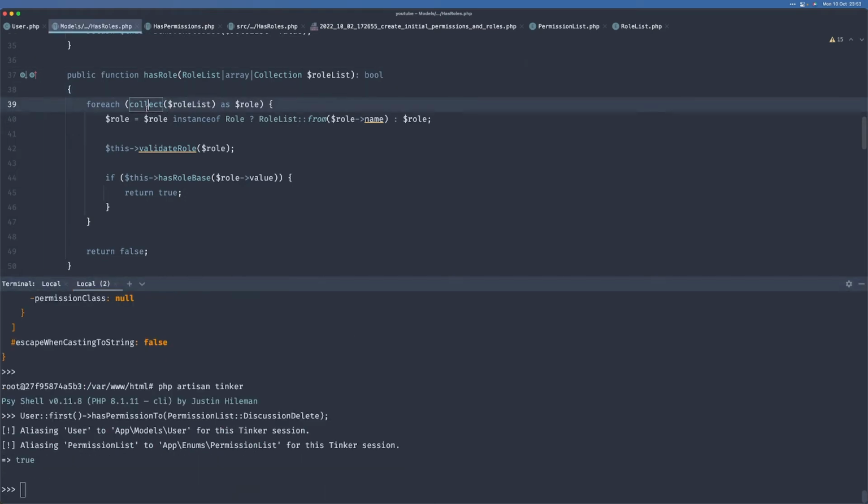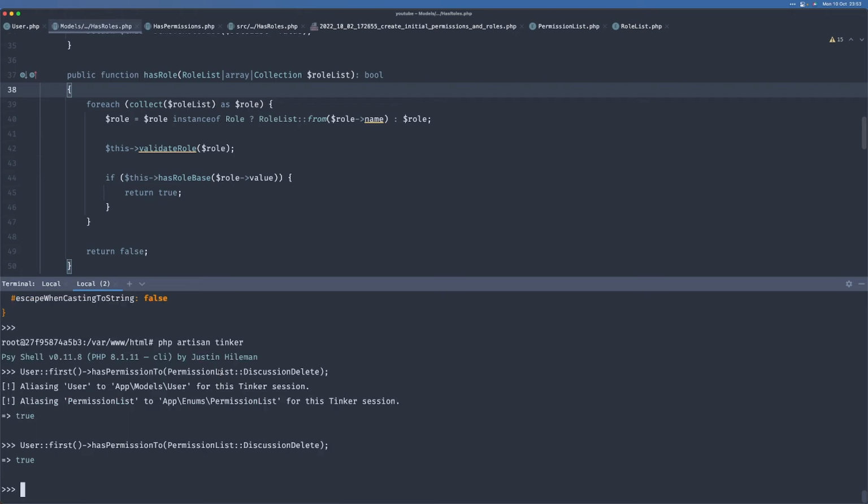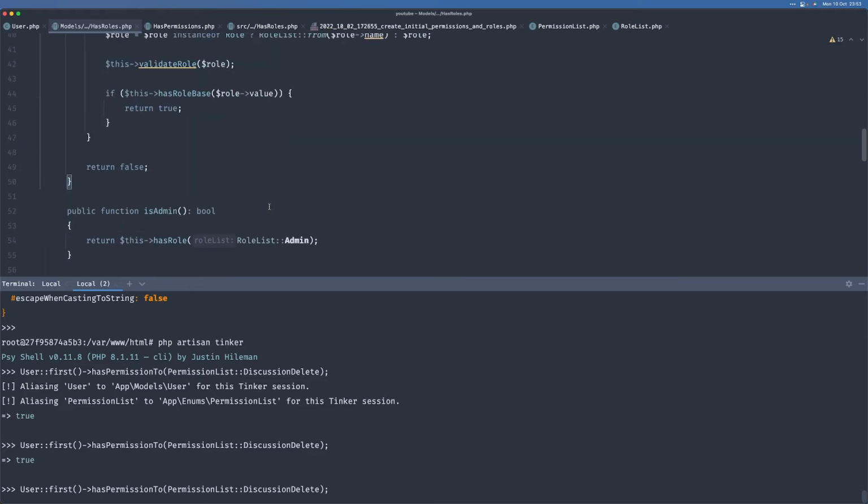Yeah, so we should do collect instead of array wrap because it doesn't work for collections. Okay, so now it works. This was painful, but now it works. The problem begins if we